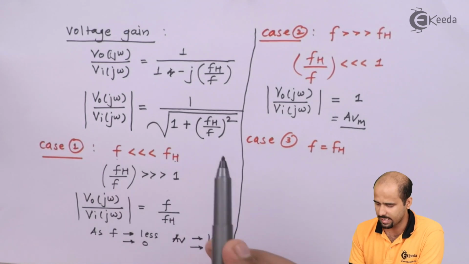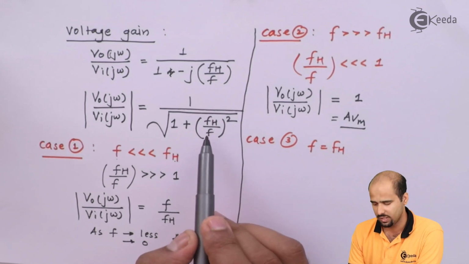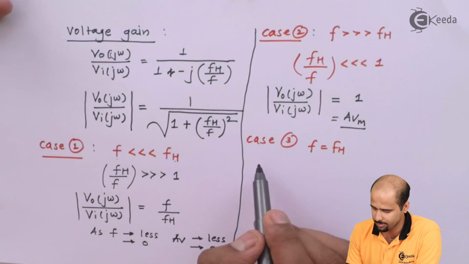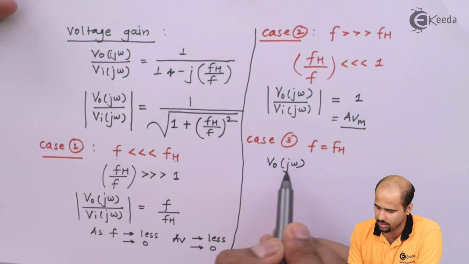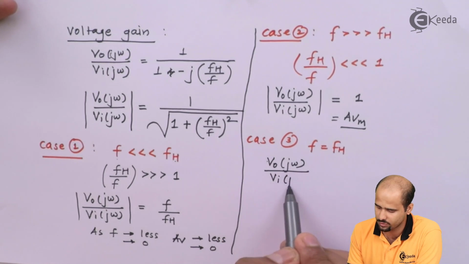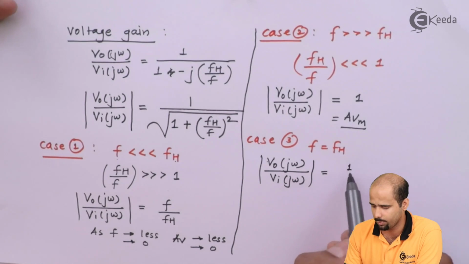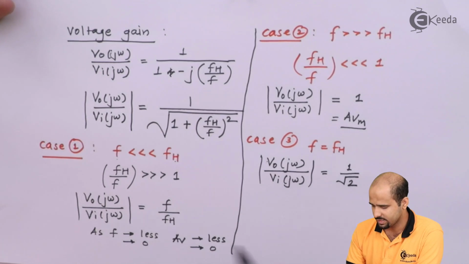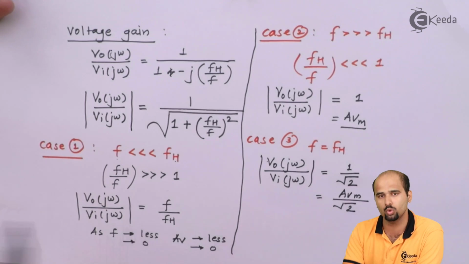Now we can easily say that if f is equal to fh, this particular ratio will become 1. 1 square will become 1. 1 plus 1 is 2. So ultimately your value VO of j omega divided by VI of j omega will become 1 upon square root of 2, right? And this I also can say is nothing but AV of maximum divided by square root of 2,